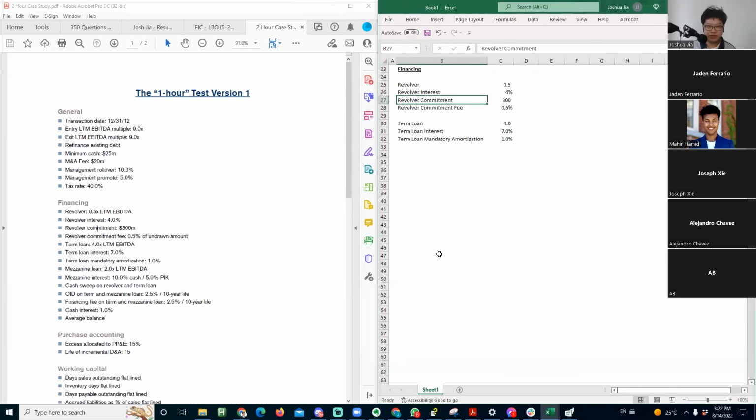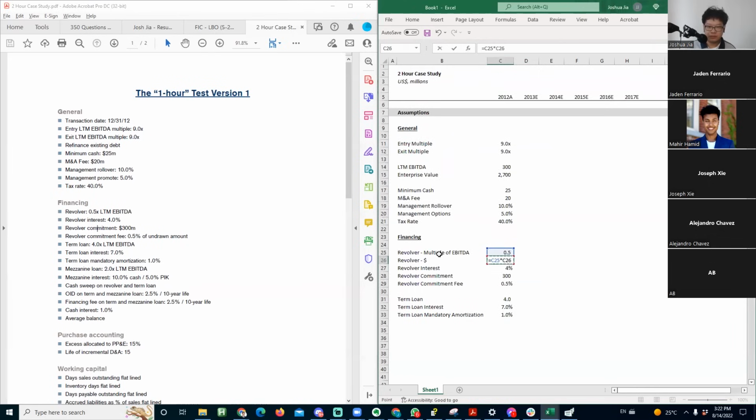In fact, we can actually find what the debt is in a second. Maybe not. I'll do that perhaps in the sources and uses. Okay, so actually I'll do it here because it's probably easier. So we're taking that 0.5 times multiplied by the LTM EBITDA. It's 150. And then here, I'm going to take the